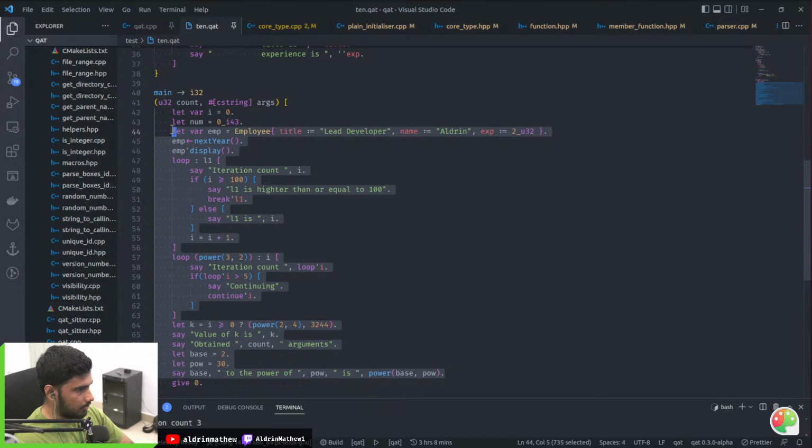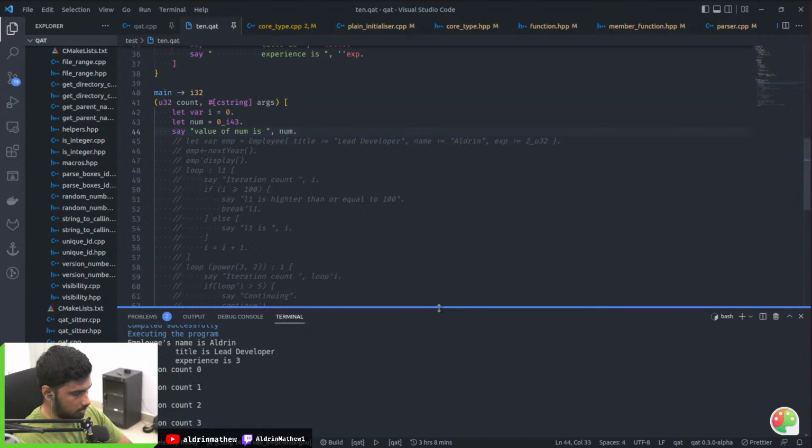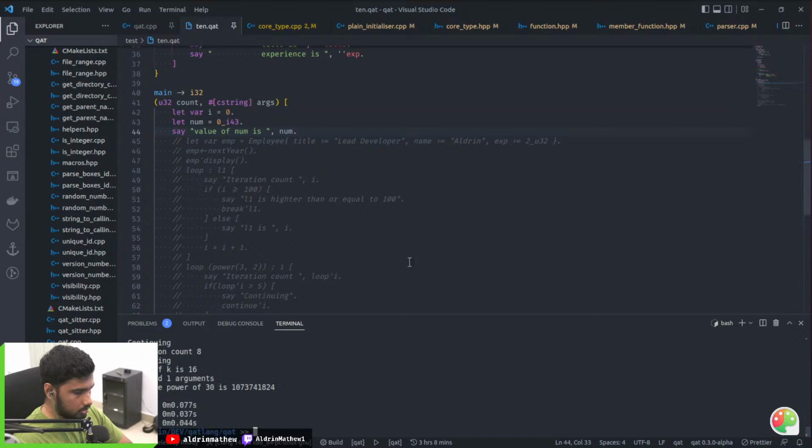If I comment all of this and say value of num is num, and I compile this, sorry, nothing is visible.